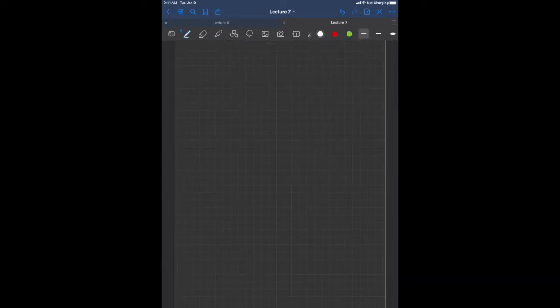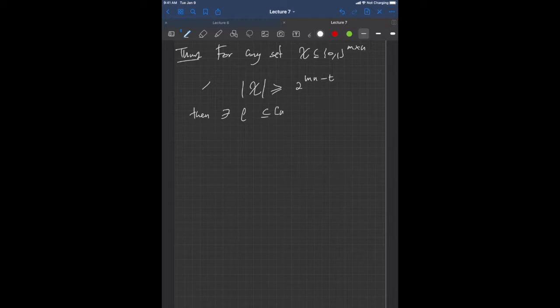Okay, so this is theorem 1. For any set X of matrices where there hasn't been too much information revealed about X, that is, X has at least this cardinality out of the total number of matrices, then there exists a subset of rows, the revealed rows, such that, one thing is how many revealed rows there should be. So the revealed rows should be at most